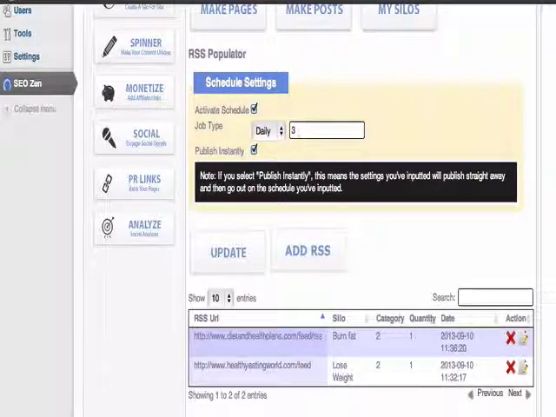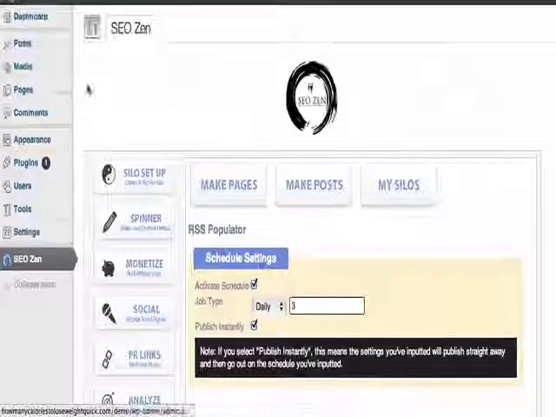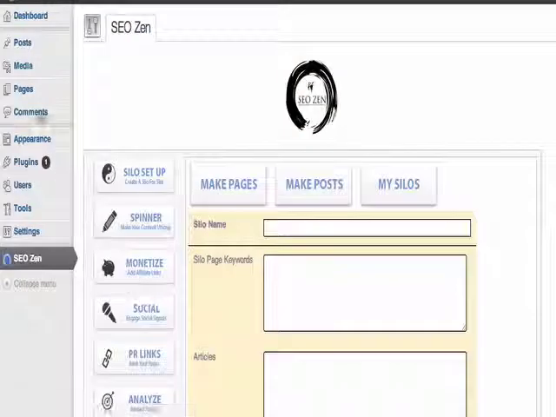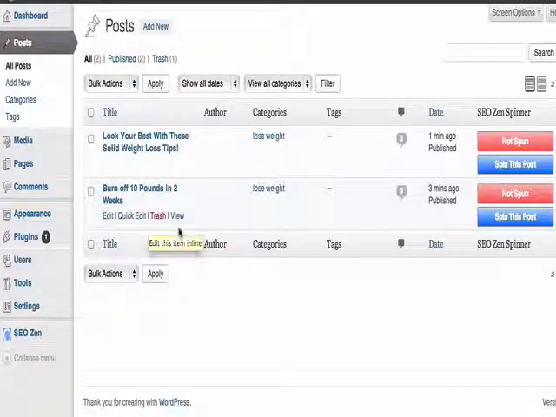So as you can see, once I click on update and then head over to the post section, one article from that RSS feed was published as required. Now moving on to the next RSS directory to where you can find high quality RSS feeds like Feedage is going on to